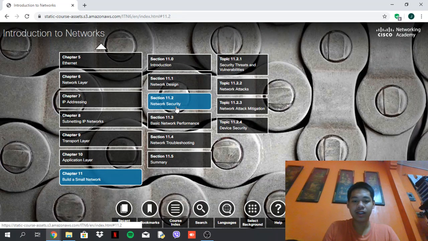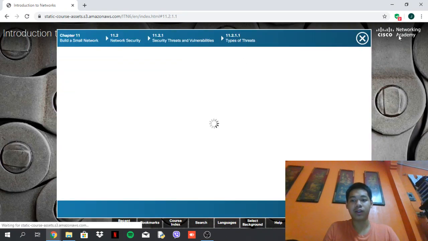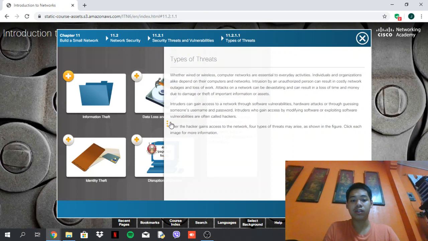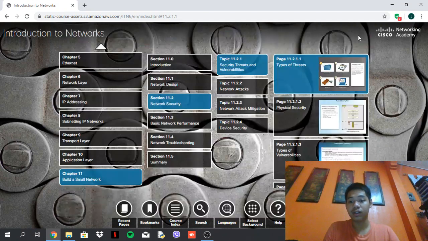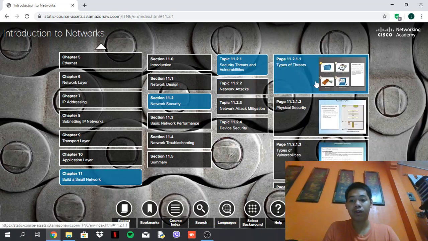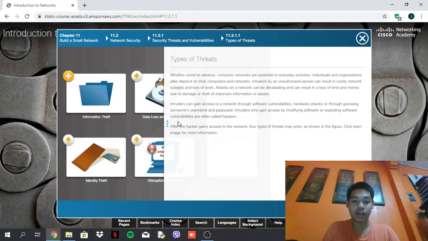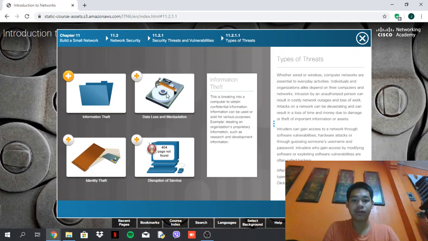Next is network security. We're familiar with network security: there are a lot of threats, probably viruses and attacks, that may ruin your identity or data. We have four types of threats: information theft, data loss and manipulation, identity theft, and disruption of service. Information theft, as an example,